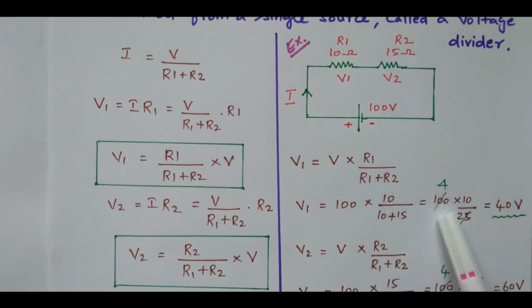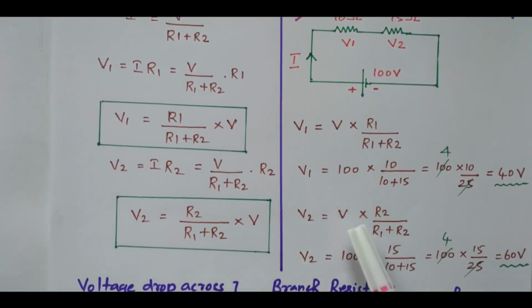So 100 into 10 divided by 25. So this is 4 times available. 4 into 10, 40 volts. So the voltage drop across V1 is 40 volts. So by using the voltage divider rule we calculated it. Similarly V2